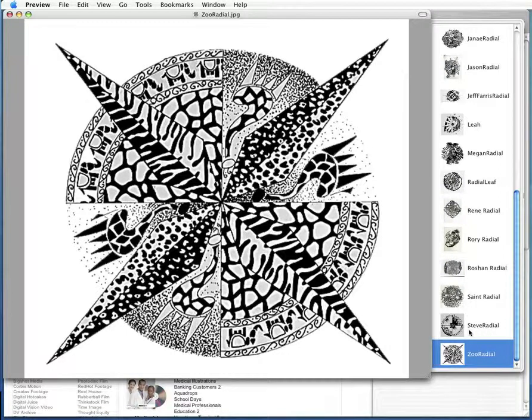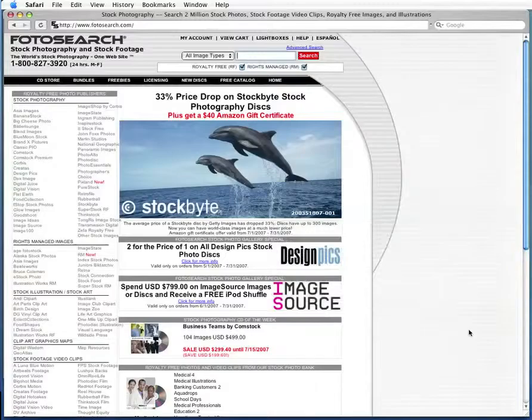Very interesting. So where does a student look for images? One of the best places for the student to look for images is on the internet at one of the stock photography sites. Here we have photosearch.com, the photo with an F instead of a PH. This is a great resource for students to use to find images. If you look at the top here, it has a little search area, and then you can type anything in. For the students, I always use butterfly